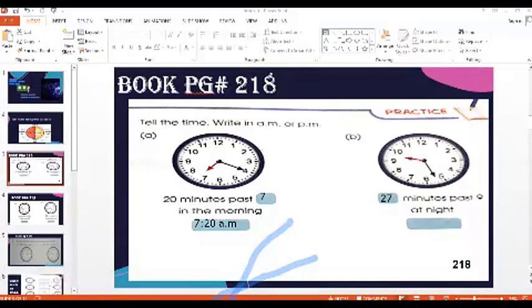So over here a simple trick is that the numbers will be same. You will mention 9:27